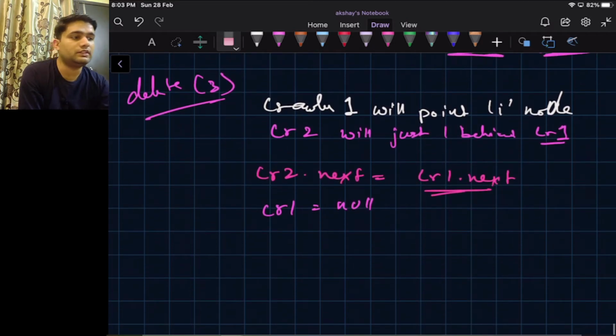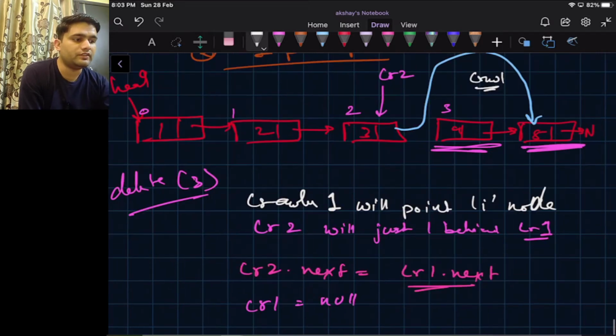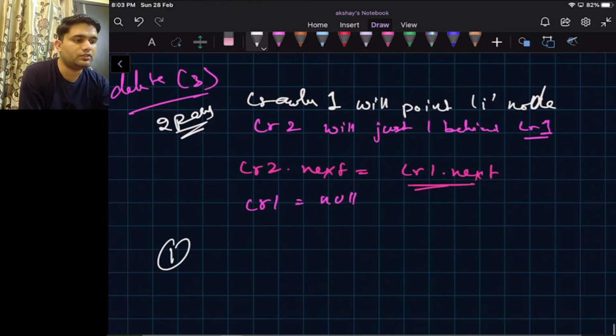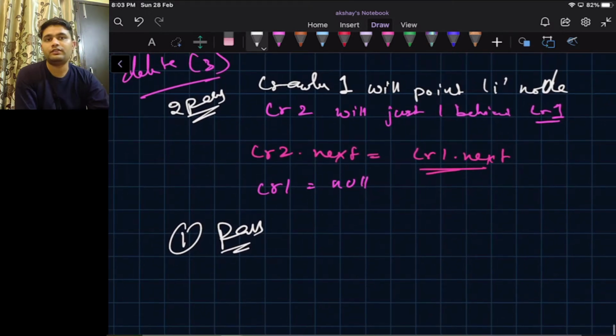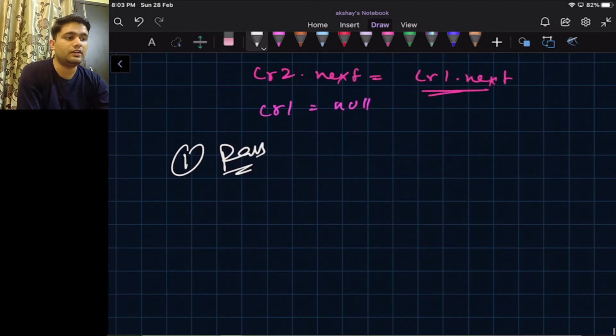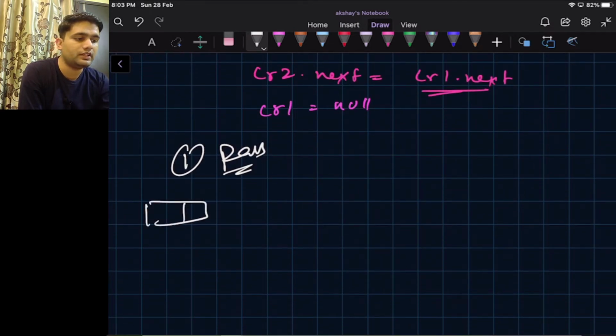Okay, so another way is doing it in single pass. So this is the two pass way. Now let's do it in one pass. One pass is similar to what we did in insertion at the ith node. So let's create a linked list.